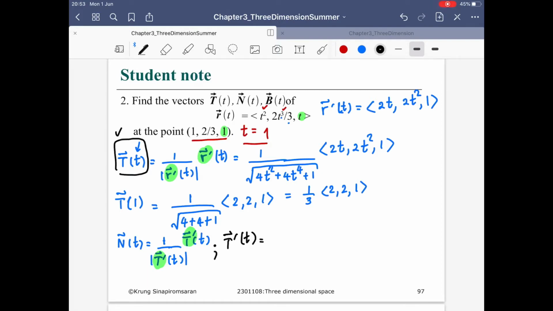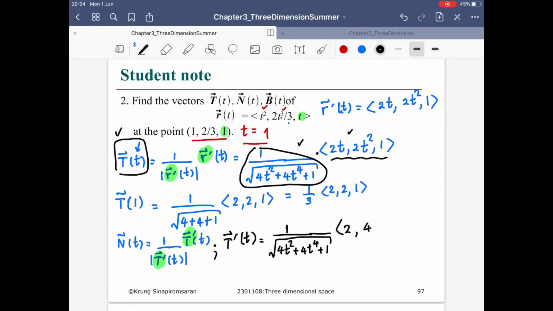So to find your T prime, you look at this formula. It is two functions multiplied with each other. One of them is a real-valued function, the square root, and the other is a vector function. So it is simply using the product rule. It is the first, derivative of the second, which is 2 for t and 0, plus the second